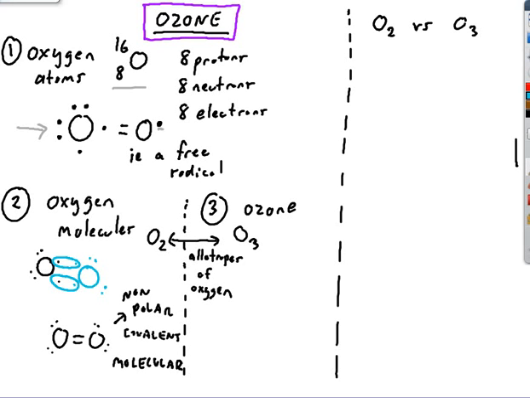An ozone molecule forms when an oxygen molecule encounters an oxygen-free radical. So if we draw an oxygen molecule with its double covalent bond, then we consider what happens if an oxygen-free radical happens to be nearby. We could imagine that the oxygen-free radical wants to make a single covalent bond, maybe even a double covalent bond